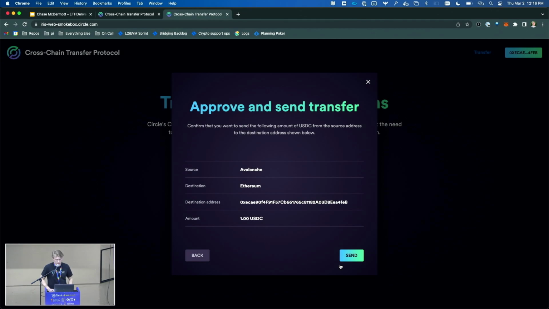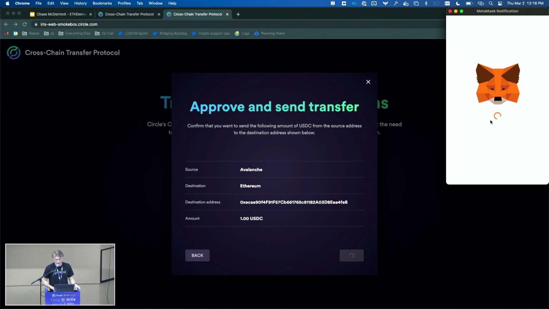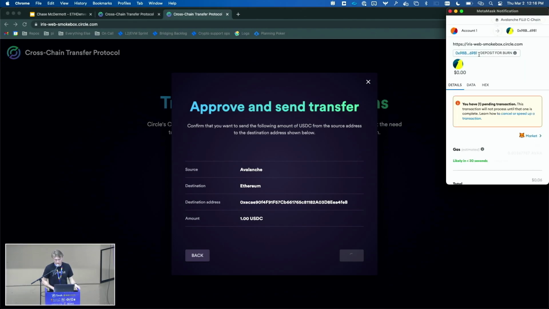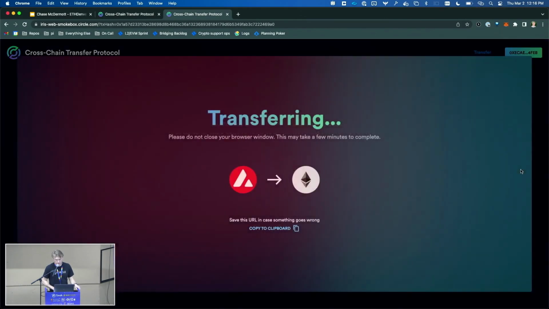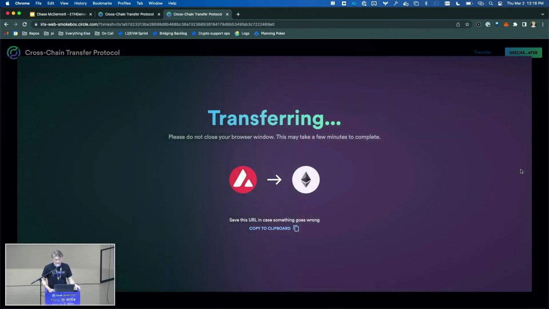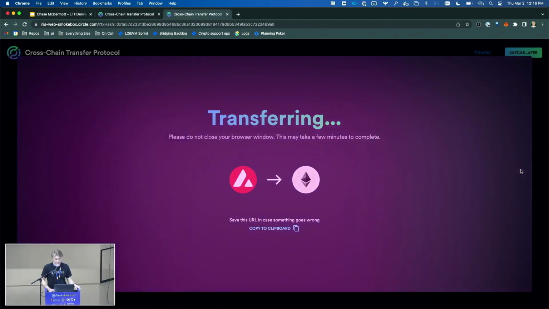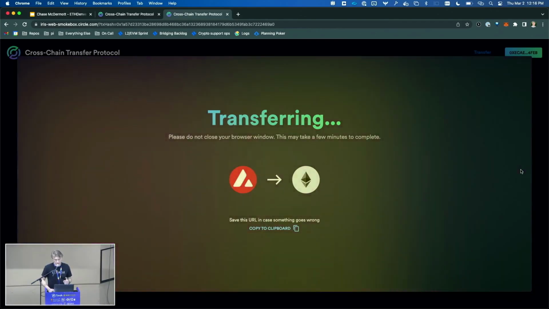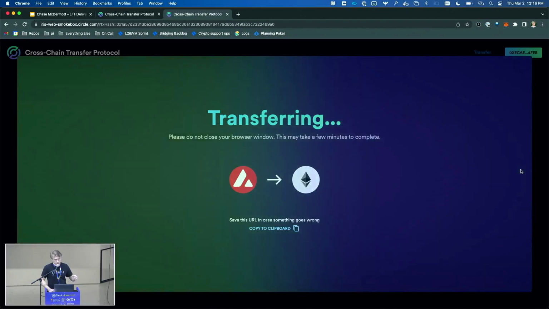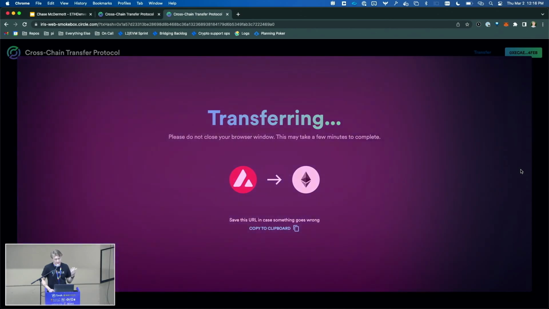So this is actually the deposit for burn transaction happening. It'll open up MetaMask, and we'll see we're calling deposit for burn on our contract. We'll confirm it. So what's happening now is that transaction's getting broadcasted to the network, and then Circle's attestation service will see the event that gets emitted from that message,